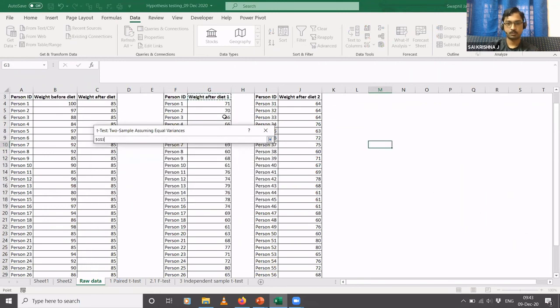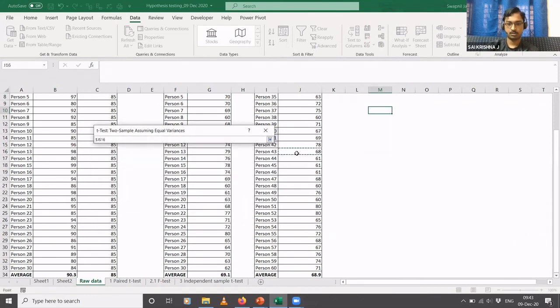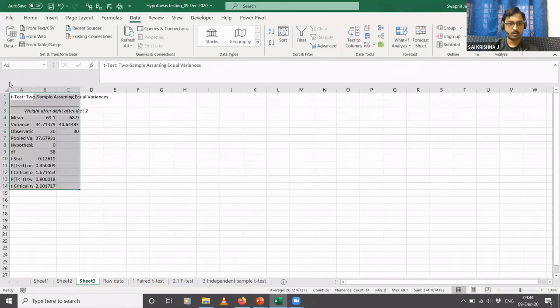You select the variable 1 range, select the variable 2 range. Hypothesized mean difference is 0. You select the labels, alpha is 0.05. Put it on a new worksheet. Click OK.